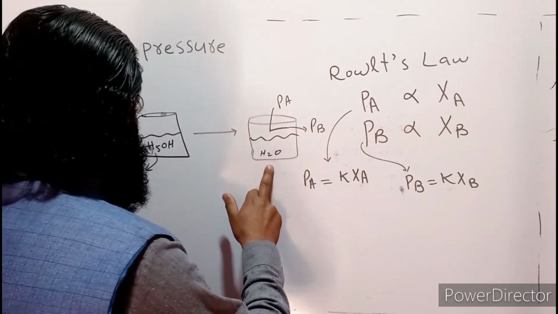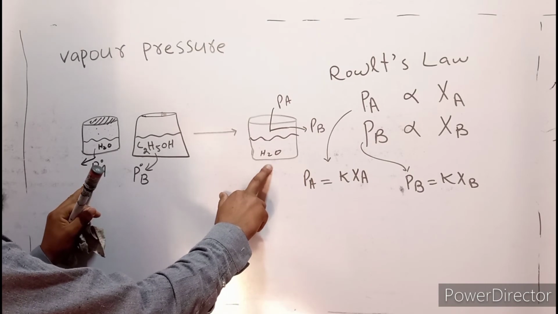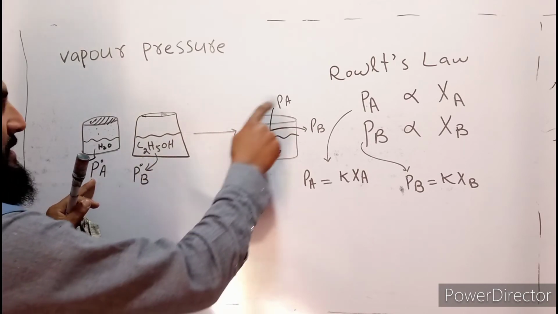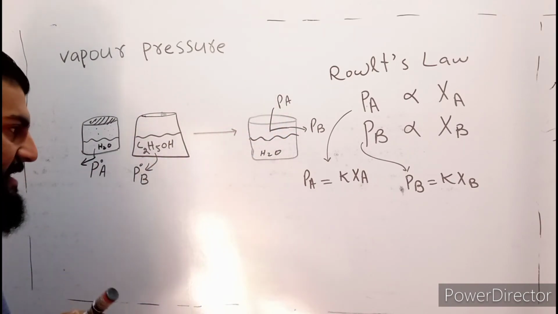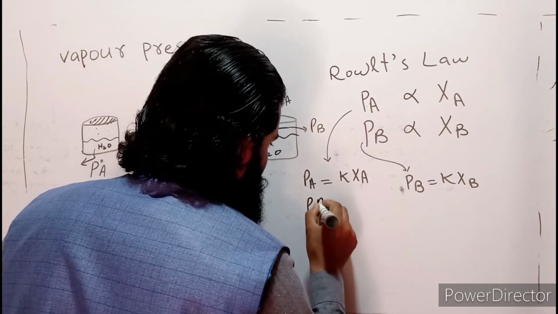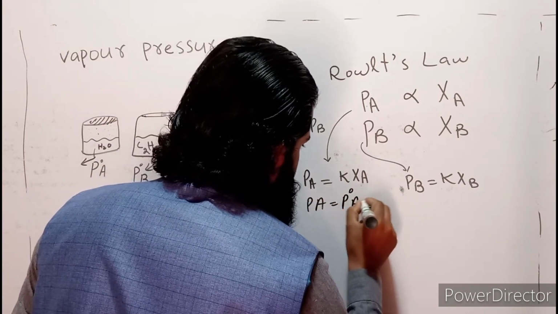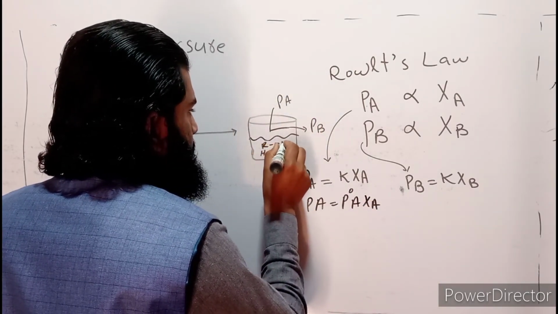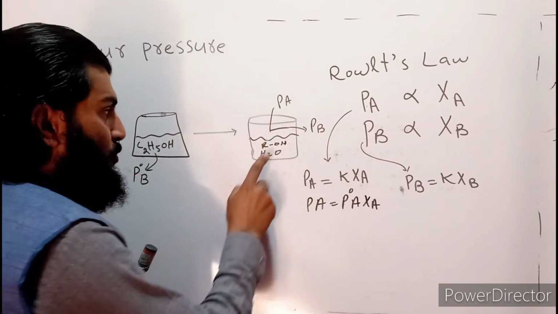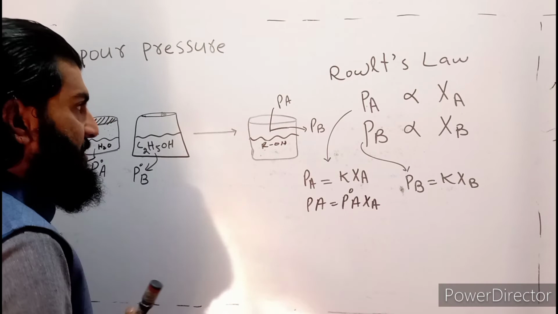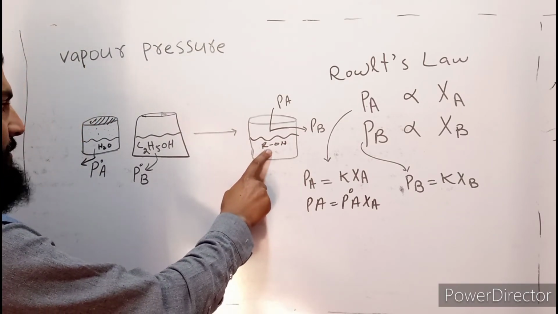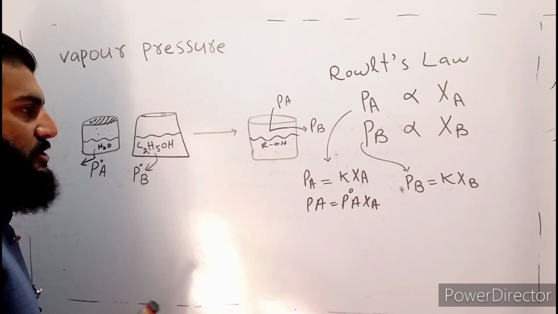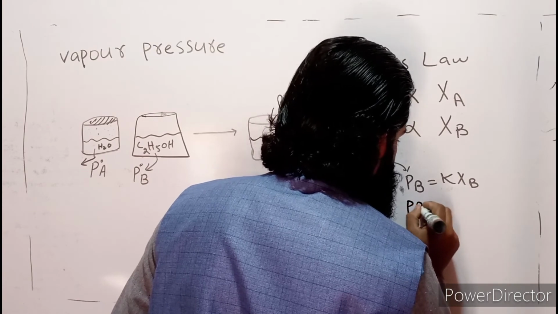this container and this container, clear? This container becomes equal to this container. It means this pressure will become equal to this pressure. So now I can write it as PA is equal to P naught A XA. Clear? So again, if I remove water from this container, it means this container becomes equal to this container, which means this pressure becomes equal to this pressure. So now I can write this equation as,